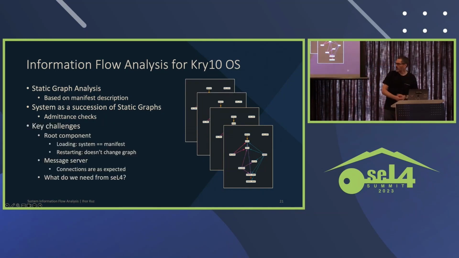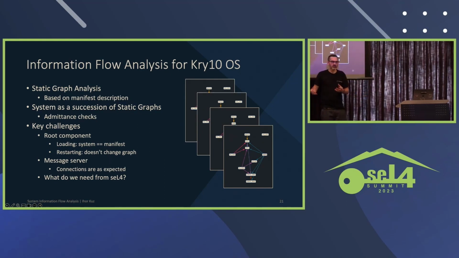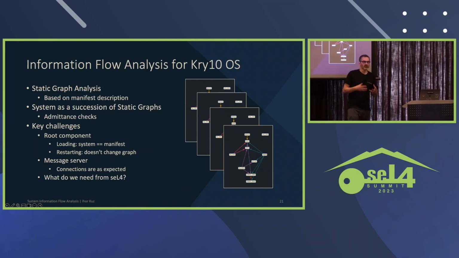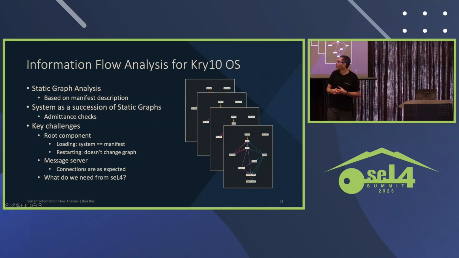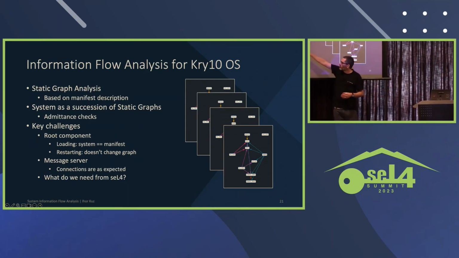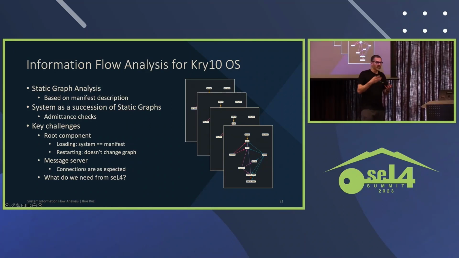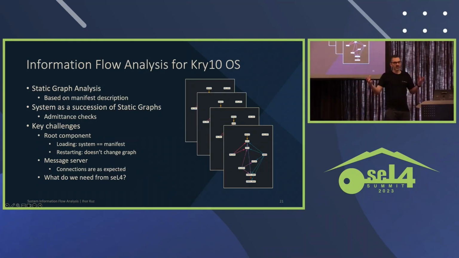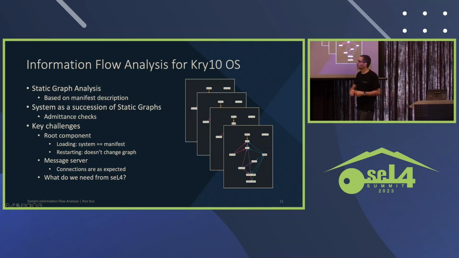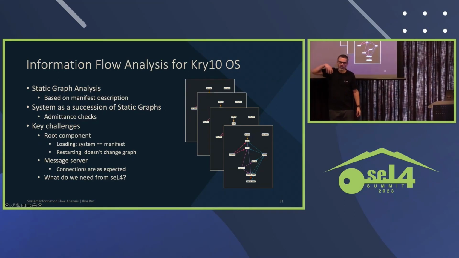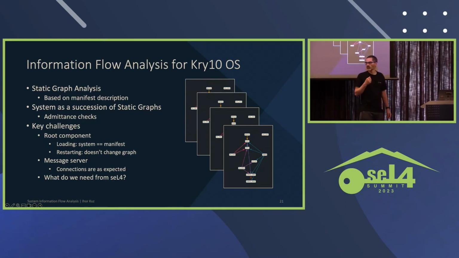violates it. Some of the key challenges in that are the root component, which is doing all of this loading and reloading. We need to have assurance that whatever system it builds matches the manifest that it's supposed to be. So we need assurance that it's doing the right thing, and that when we're restarting components, individual components and stuff, that doesn't actually change the graph, right? And so this is a lot of the stuff that, again, Matt was talking about in terms of what a verifiable dynamic system needs to